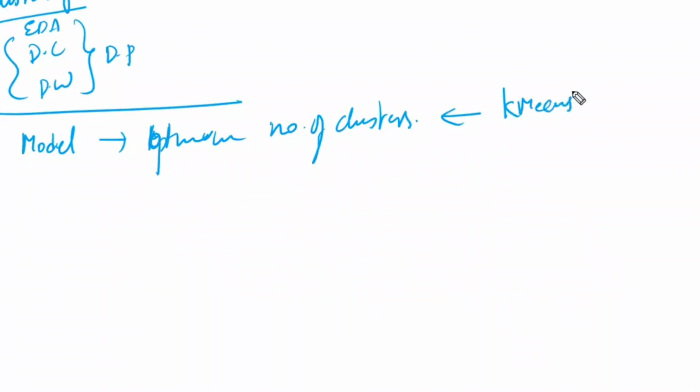Within the k-means, how to identify this k is nothing but the WCSS value. Wherever the change in the WCSS is less, that one is the best one. That is by using the elbow method. So from the k-means algorithm, how we identify the optimum number of clusters k, first you have to do that one. That is mandatory for any clustering algorithm.